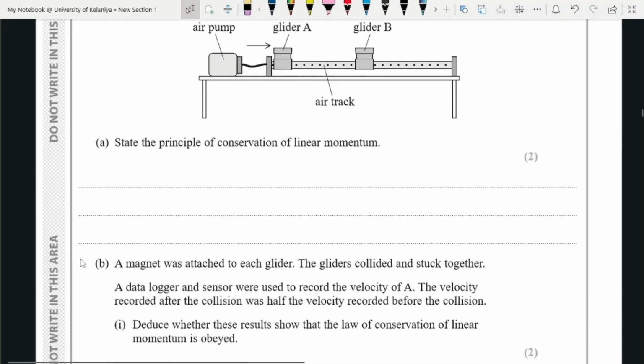Here the first question they're asking, state the principle of conservation of linear momentum, right? And here they have given 2 marks. I will explain why they have given 2 marks for this question. The first thing you have to mention is that total momentum remains constant, or you can say total momentum before a collision